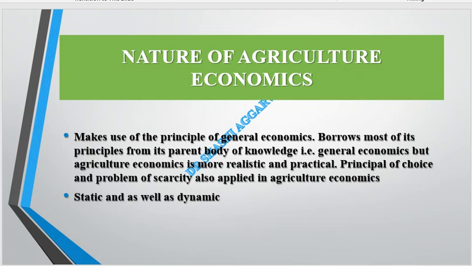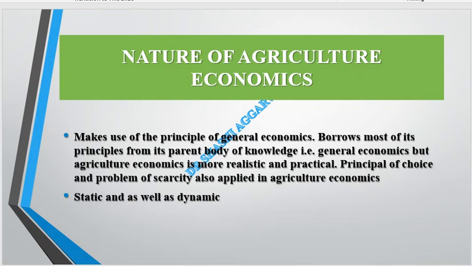So now we will understand the nature and scope of agriculture. So, what is the nature of agriculture economics? It makes use of the principles of general economics, borrows most of its principles from the parent body of knowledge, that is general economics. But agriculture economics is more realistic and practical. Principles of choice and problem of scarcity, which are used in general economics, are also applied in agriculture economics,